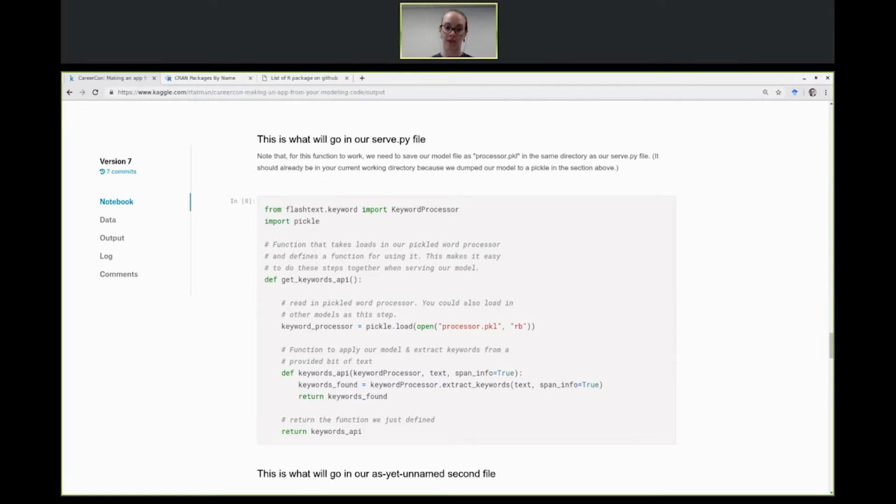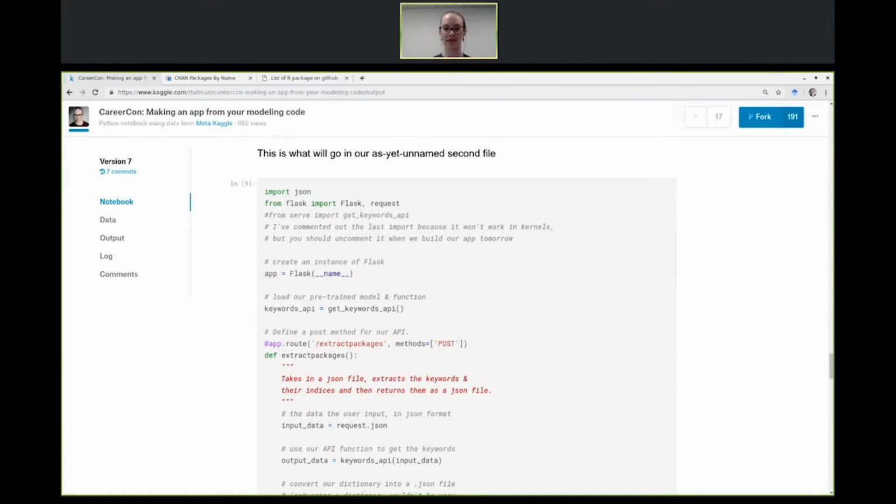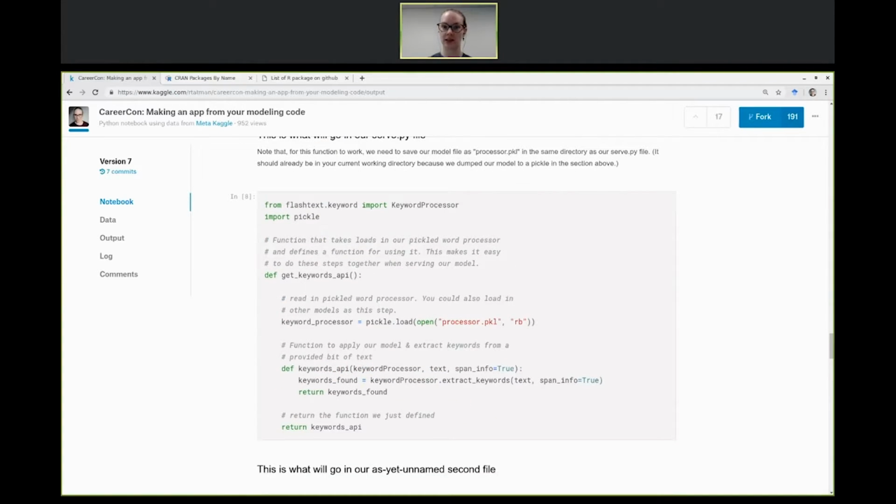So we have all of this in a file called serve.py. In the same directory, we have this file that doesn't have a name yet, and we will give a name in the future. In this file, we'll import everything we need. You'll notice that we also import, from serve, import get keywords.api. So serve is this file, and we're importing it as a module,